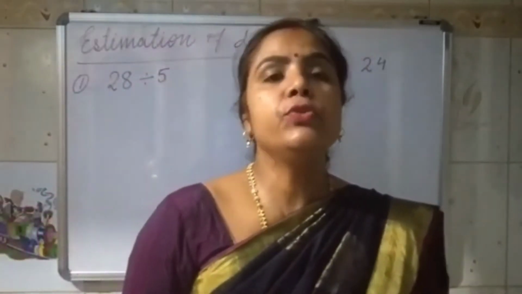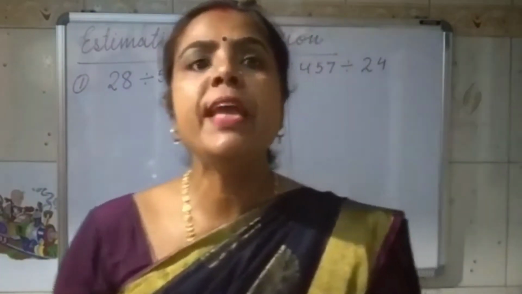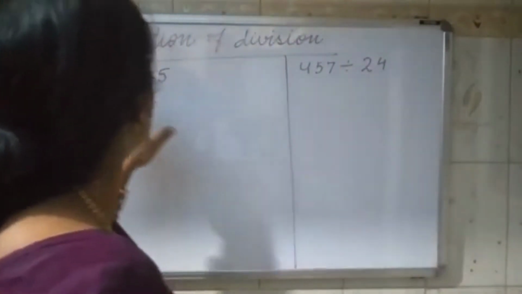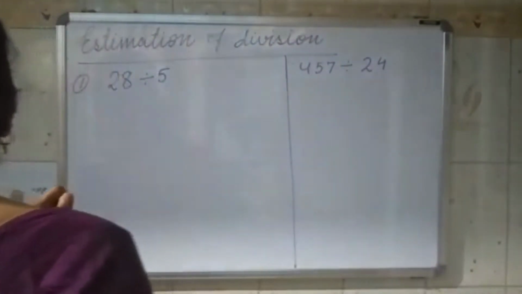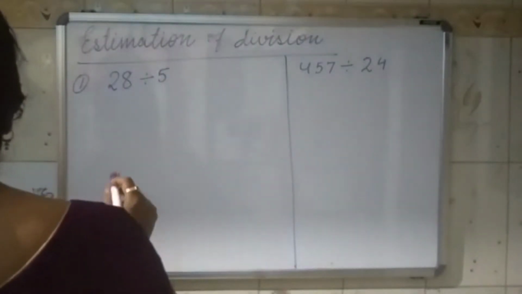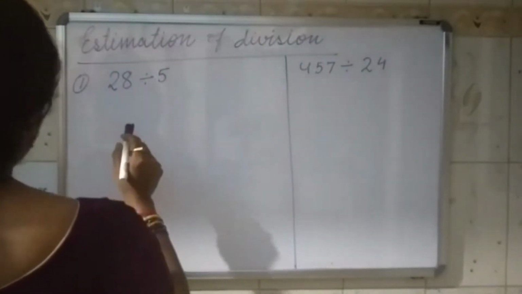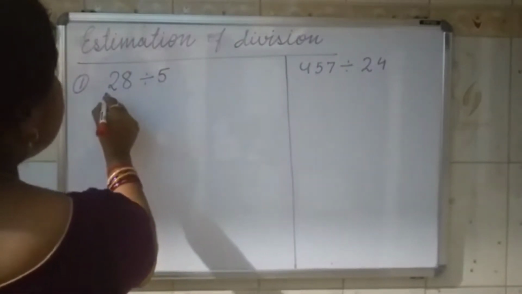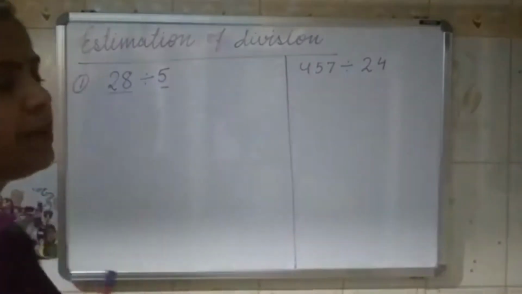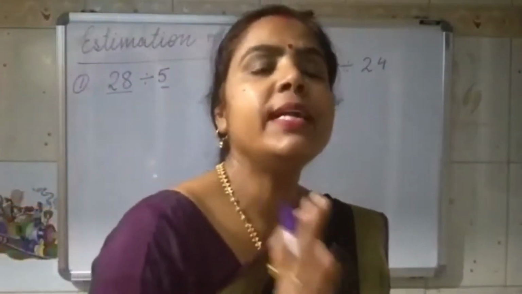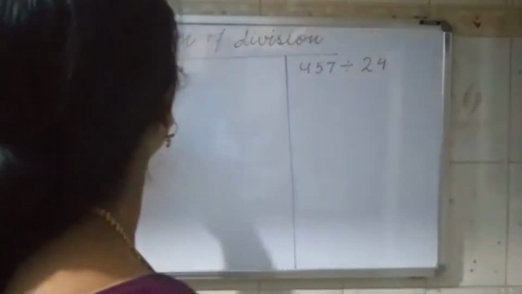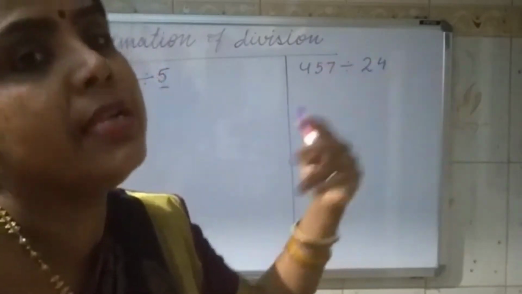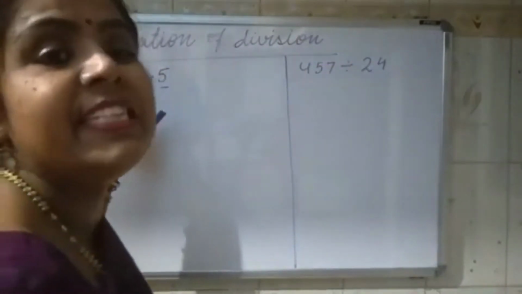Now we are switching to estimation. Estimation means when we have to find out the nearby value, then in that case how will we divide it? Okay. Now, 28 divided by 5. In this case, this is a 2-digit number and this is a 1-digit number. Please remember, when it is a 1-digit number we will not estimate it; we will only go for the estimation of the 2-digit number, meaning rounding of the 2-digit number or more than 2-digit number. So it is a 2-digit number, which means we have to go to the nearest tens.